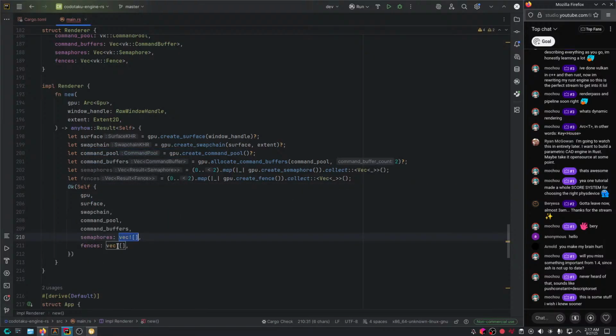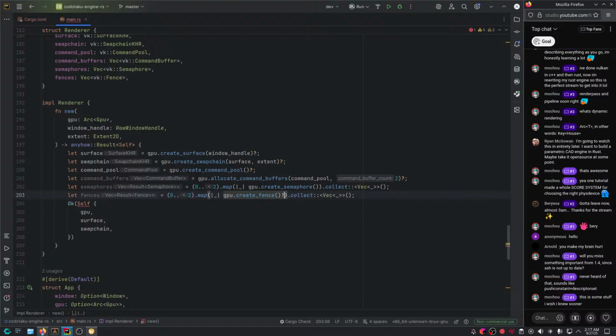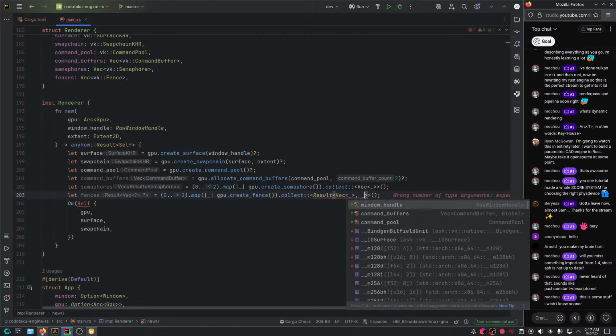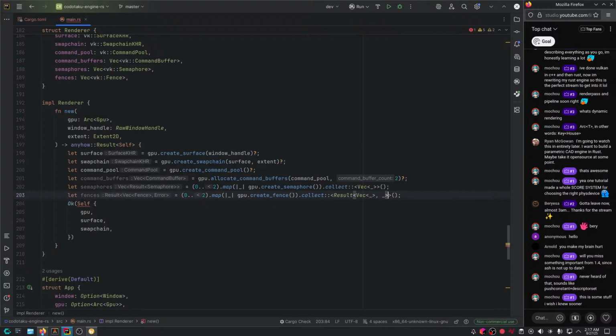Anyways, add the missing fields. Well, I forgot to, I see. So how are we gonna do that? This is basically a vector of results. I remember there was some trick. Let me try to remember it. I believe maybe if you do it this way, is that the case? And I guess you could, yeah.